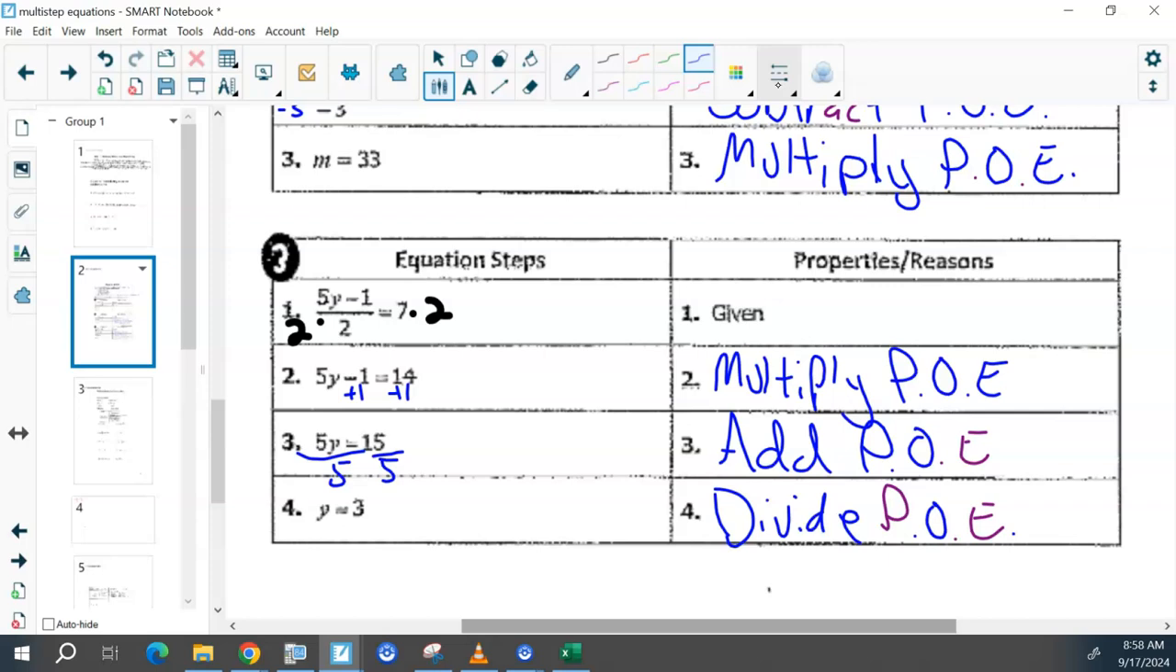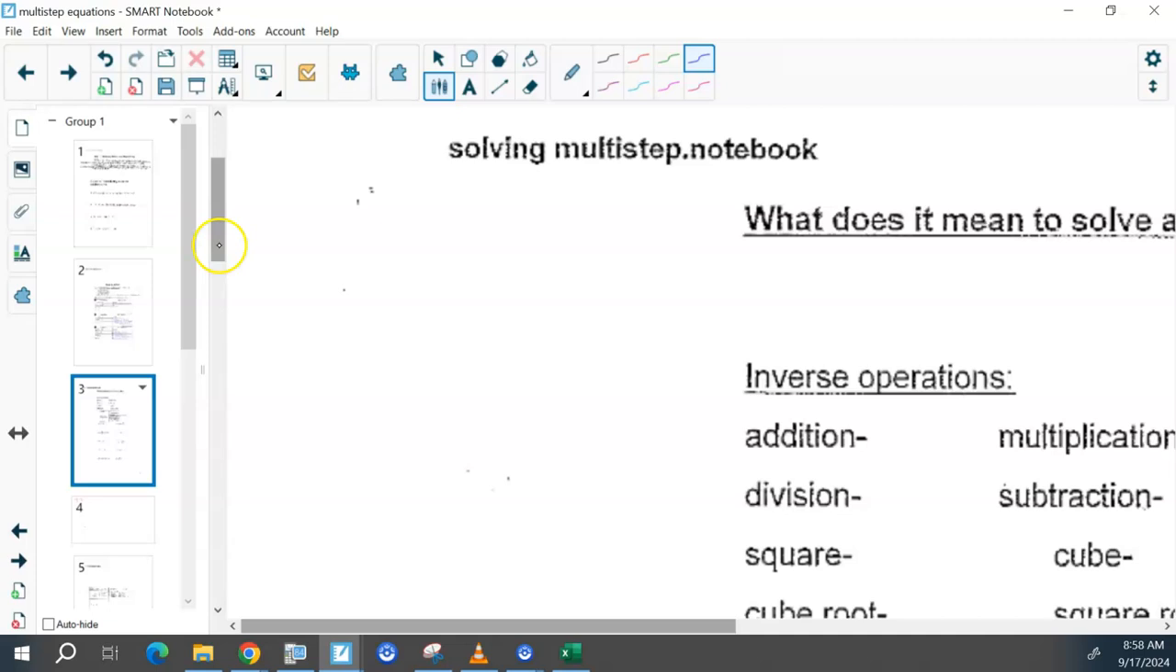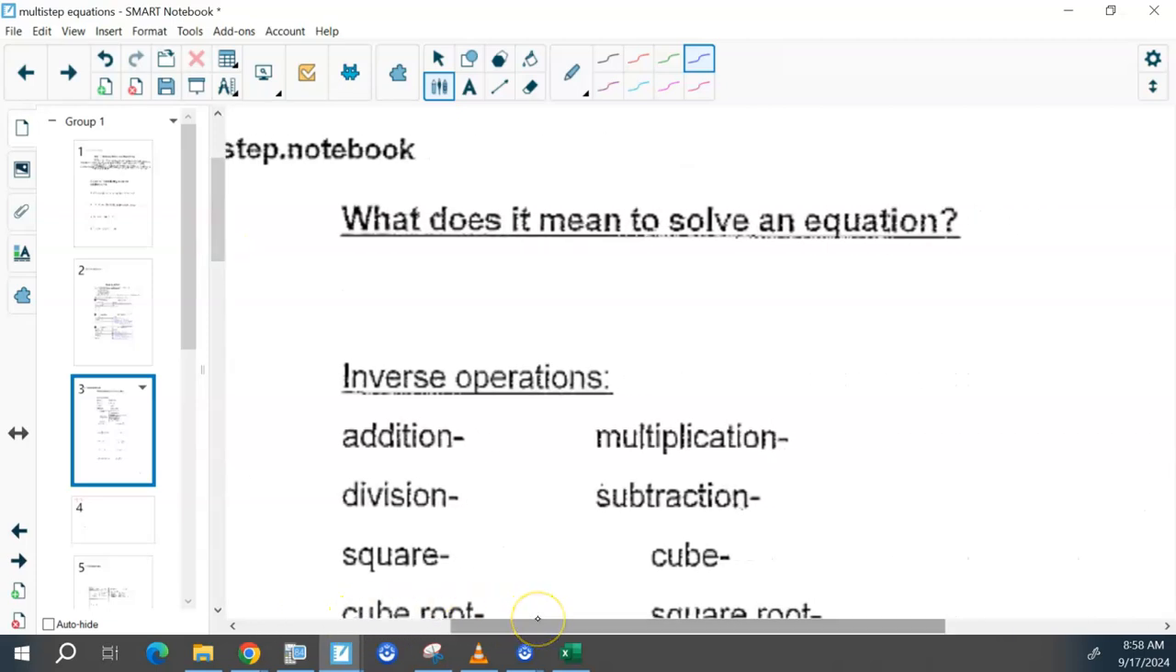Alright, go on to the next page. So previously, the last time we talked about this, I asked you, what does it mean to solve, or what is the solution? Something like that at the beginning. Now, this same kind of question, but a little bit more, what does it mean to solve an equation? It's to find that solution, but also to use inverse operations to do so. So to find a solution by using inverse operations,